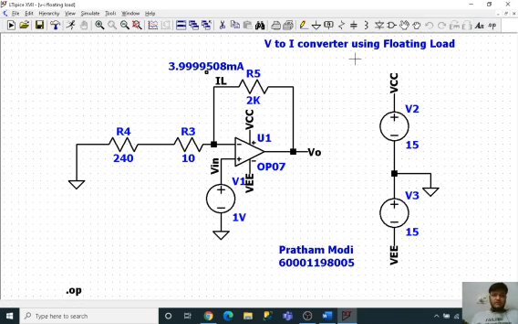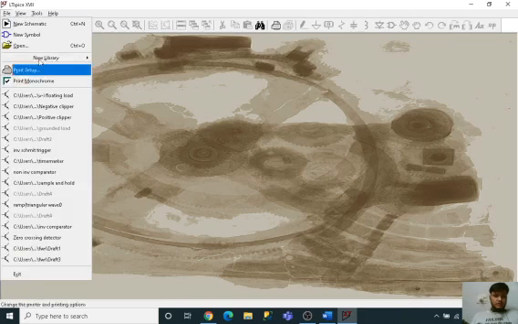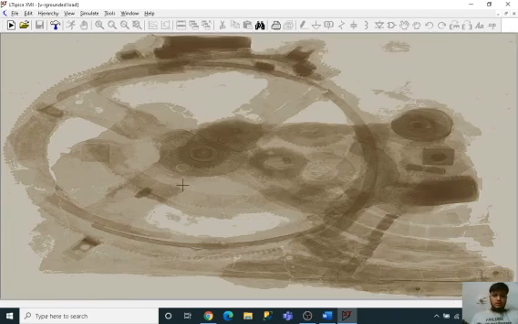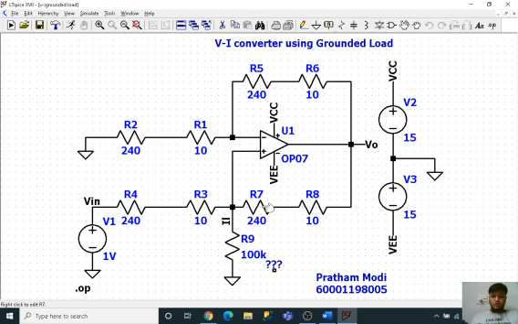What happens when we have a grounded load over here? So let me open my circuit for grounded load. This is for grounded load. Over here we have connected multiple combinations of resistors, which is providing me 250 ohms in series connection, and over here my voltage has been given as 15 volts. So over here my RL has been connected across this, as we are using this as a grounded load. If it would have been a floating load, it would have been connected across the feedback loop, but as it is grounded, we are connecting over here, and we will be finding out the current across the R9 resistor.